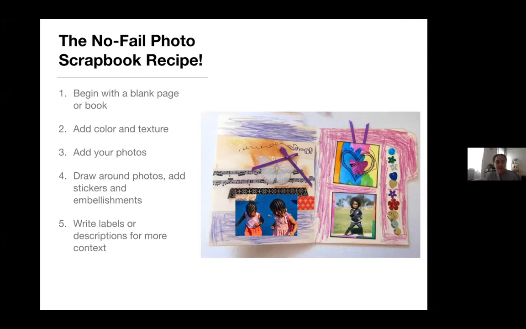But yeah, just get a little more context into the scrapbooks so you know what you were thinking about at the time, because we're keeping memories, really, is what we're doing here, and we're storytelling.